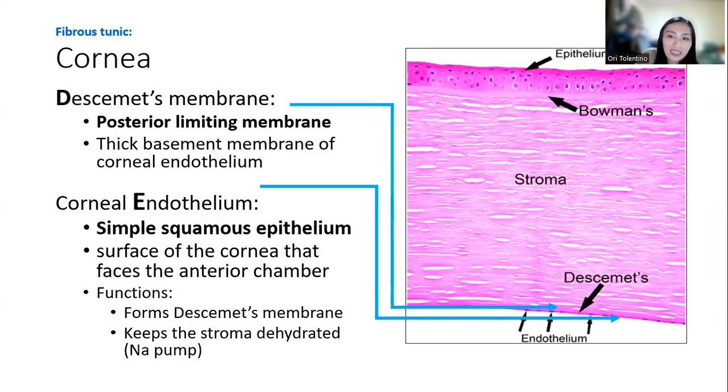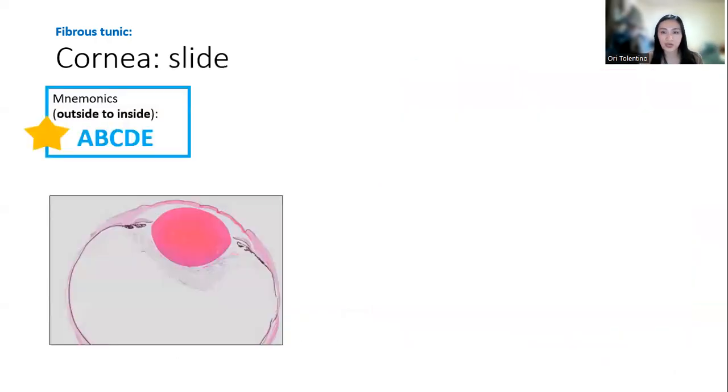So it forms the Descemet's membrane and it also has many sodium pumps to pump out your salt and solutes outside of the cornea. So where salt goes, water follows, okay? So it keeps the inside of the cornea dehydrated, okay? Pump the salt out, the water will also go out, and the result is the cornea is dehydrated, okay? It helps in its clarity, okay? To let the light pass through, okay?